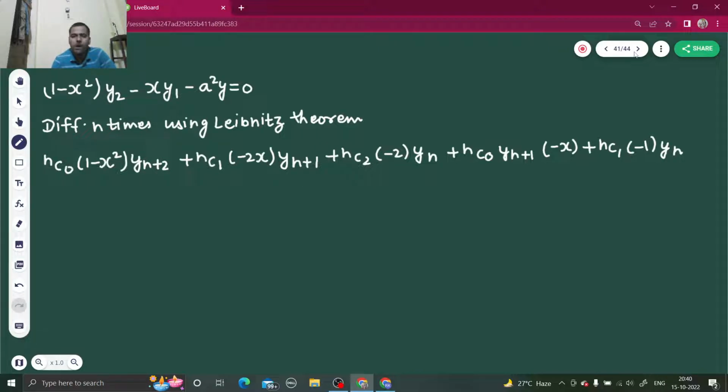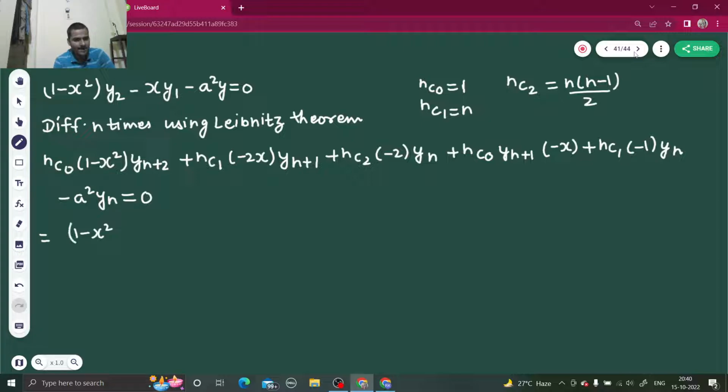So now this a²y, so derivative of y n times will simply give you yn, so a²yn equals to 0. Now collect the like terms. One thing you will have to notice that nc0 is 1, nc1 is n, and nc2 is n(n-1) divided by 2. So nc0 is 1, so you get 1 minus x squared